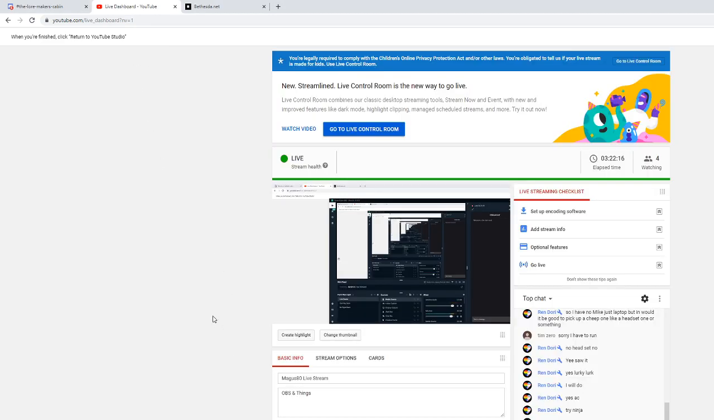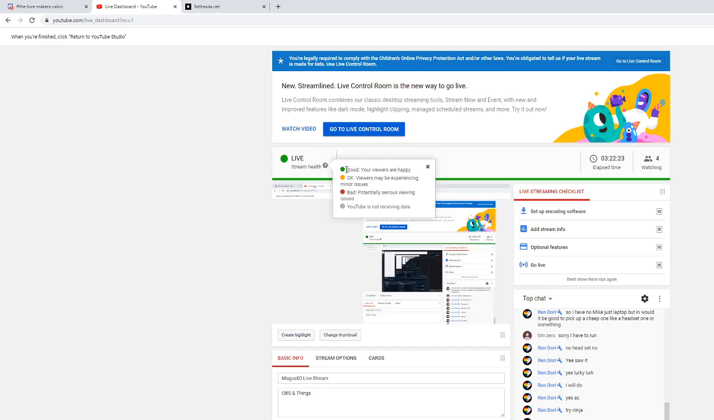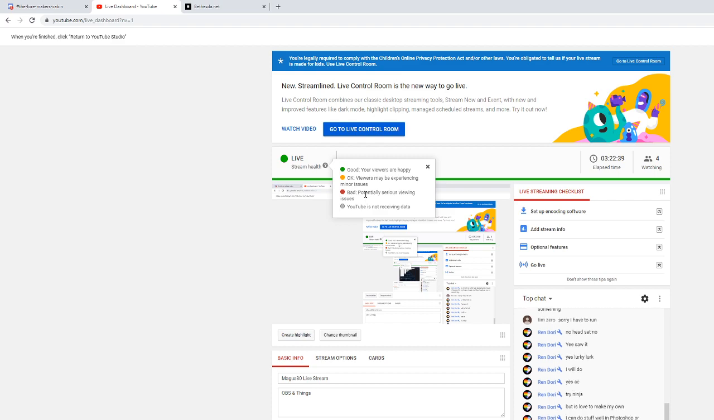Other things to note: stream health. Once you go live, you can always check your stream health. This is pretty much obvious: red, yellow, and green. Your viewers are happy. Viewers may be experiencing minor issues. Mine tends to either be green or bad. It's either always good or I'll occasionally get a red line instead of this green line here, and then it goes away. Usually based on